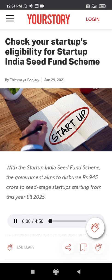Check your startup's eligibility for the Startup India Seed Fund Scheme. With the Startup India Seed Fund Scheme, the government aims to disburse 945 crore to seed stage startups starting from